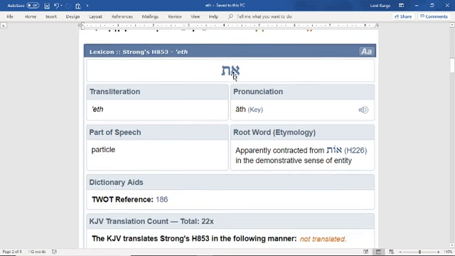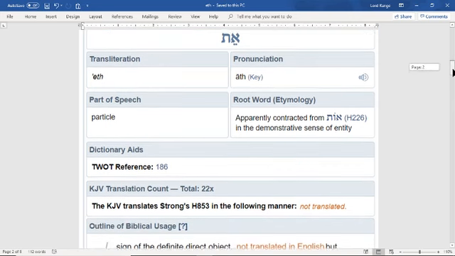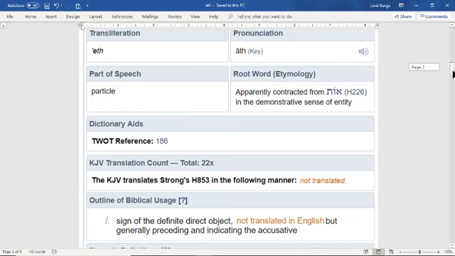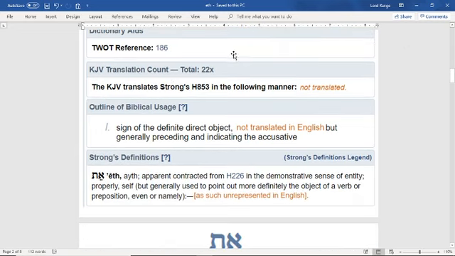There's that Hebrew word atah. I'm sorry, I said atah. You'll understand by the end of this lesson why I said it here shortly. And we're going to scroll down. One of the first things you notice, and I just pointed to red so it stands out, it says not translated. Not translated in English. And then as such, unrepresented in English.